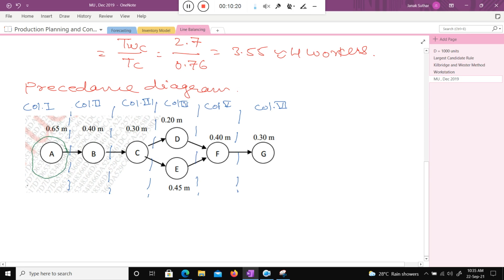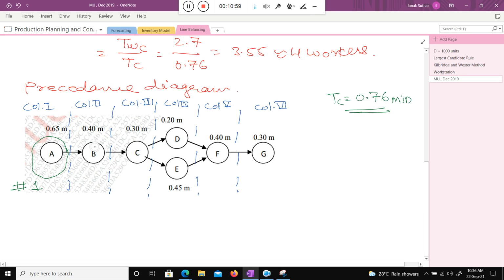Are you getting my point, class? This is workstation 1. Now when I talk about the next workstation 2, column 1 is already completed, so I can go to column 2. In column 2 there is only one work element, and that is 0.40. Allocate that into workstation 2. Now what is the cycle time? The cycle time is 0.76. Just wait, here I am writing the cycle time.